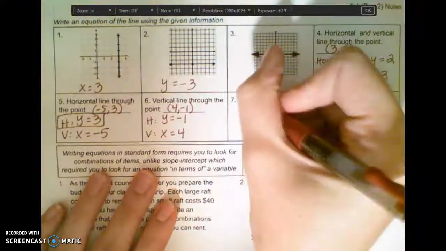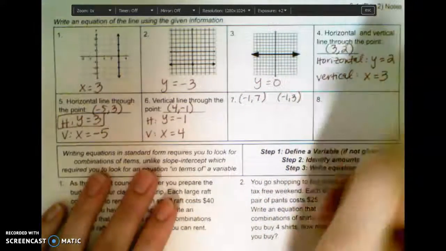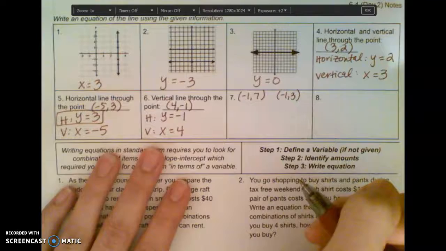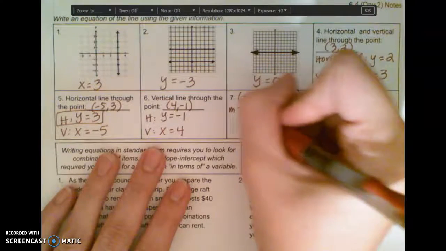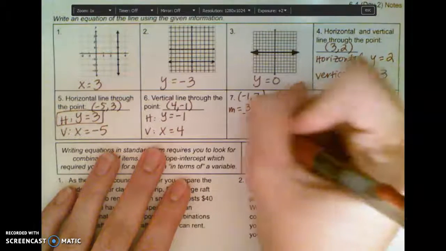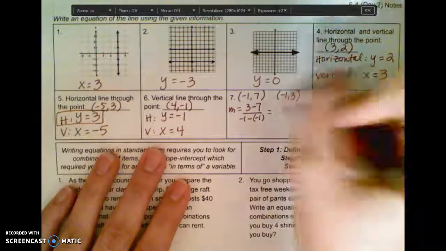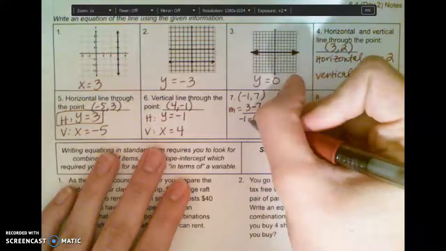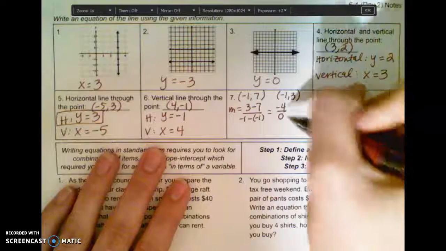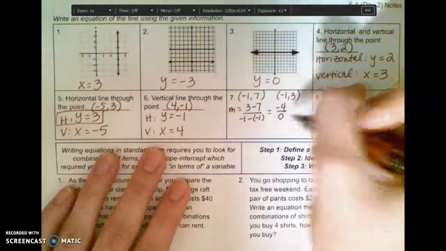Well, what if I have these two ordered pairs, -1, 7 and -1, 3? We want to write the equation through that line. So before we can do that, we need the slope of that line. So let's find the slope. The slope is going to be 3 minus 7 divided by -1 minus -1. Well, 3 minus 7 is going to give us -4, and -1 minus -1 is going to give us 0. What happens when there's a 0 on the bottom? Can I divide by 0? No, I can't. So my slope here is